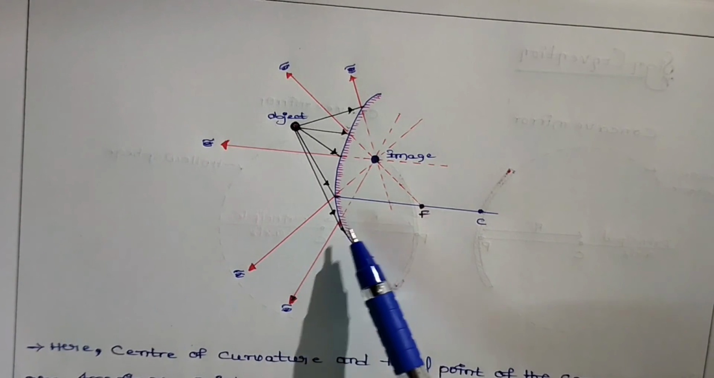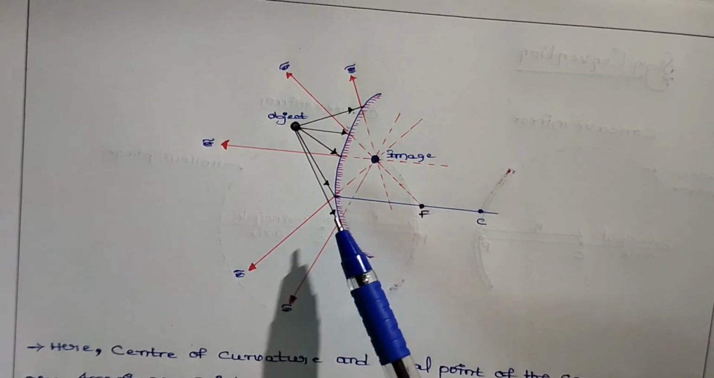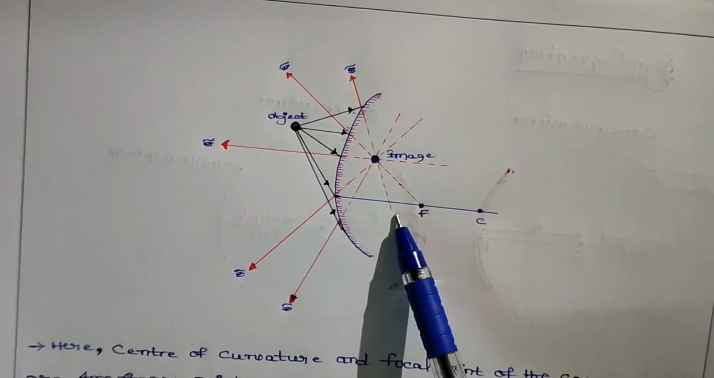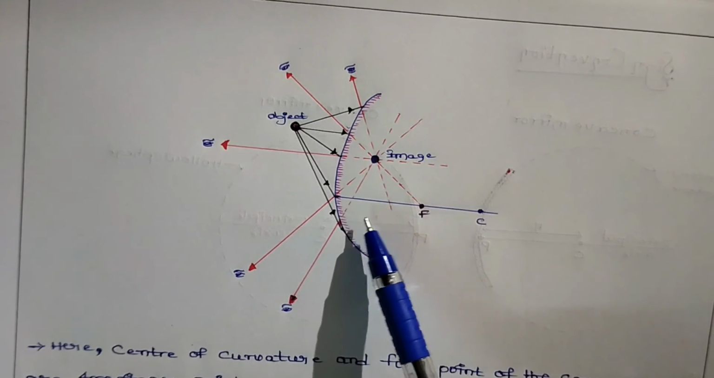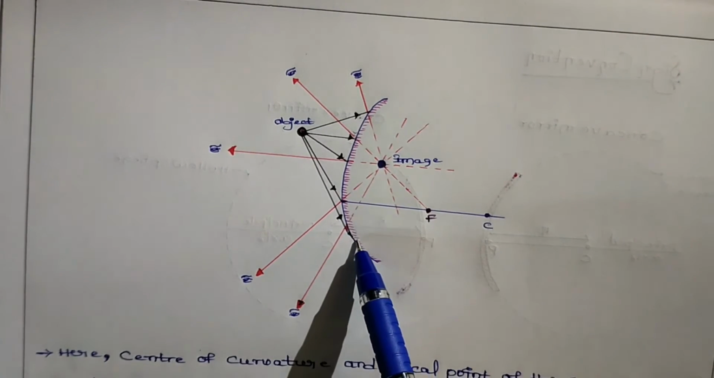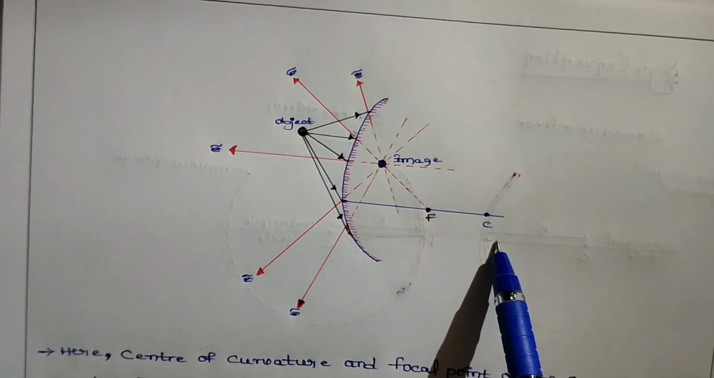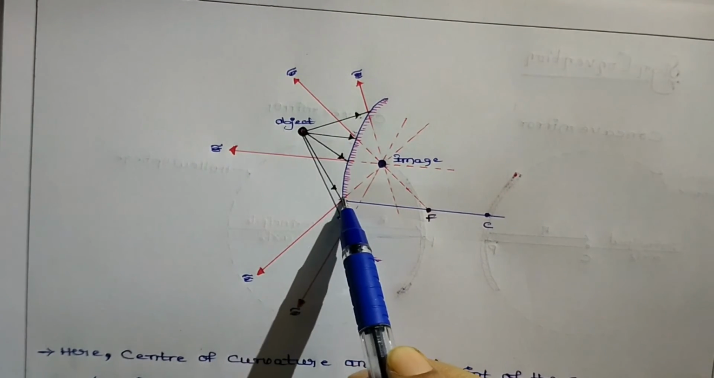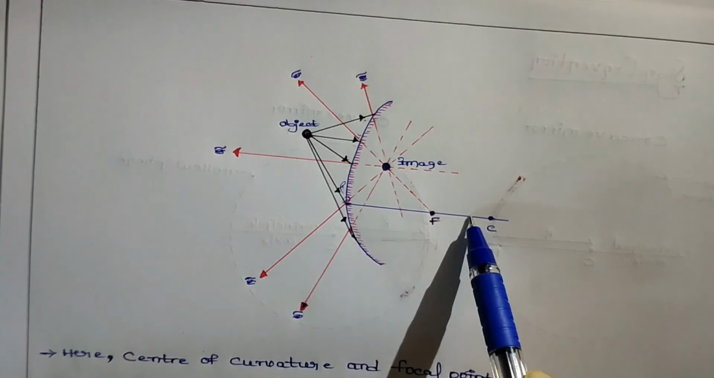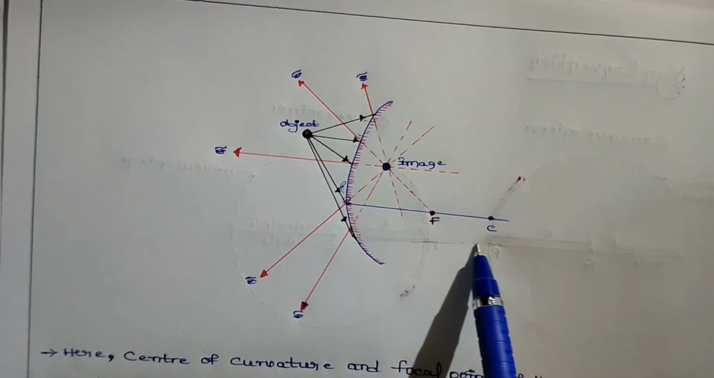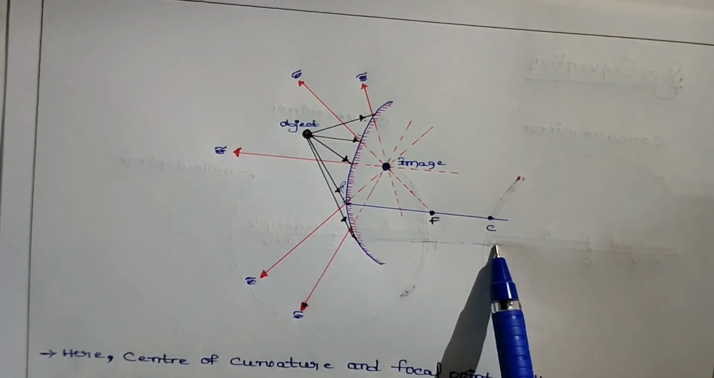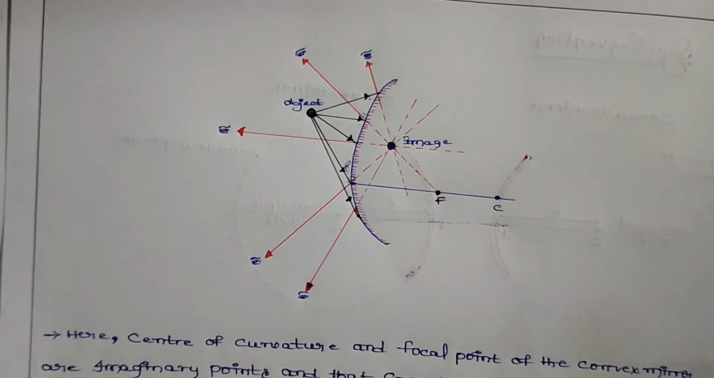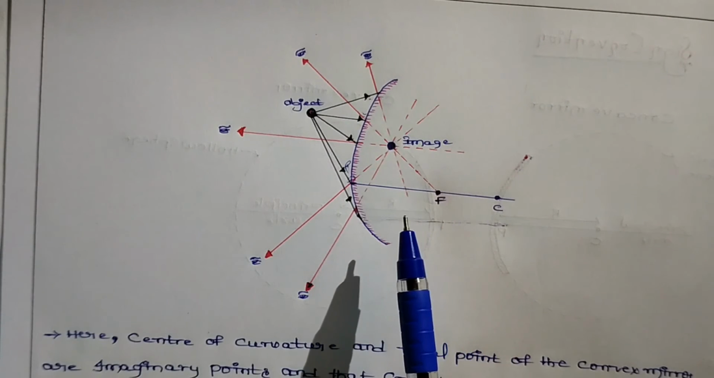The center of curvature and focus lie behind the mirror, while the front is where the object is. The radius of curvature is the distance from the pole to the center of curvature. This is the pole. The radius of curvature and the focal length are taken to be positive. Now, if an object is placed in front of a convex mirror,